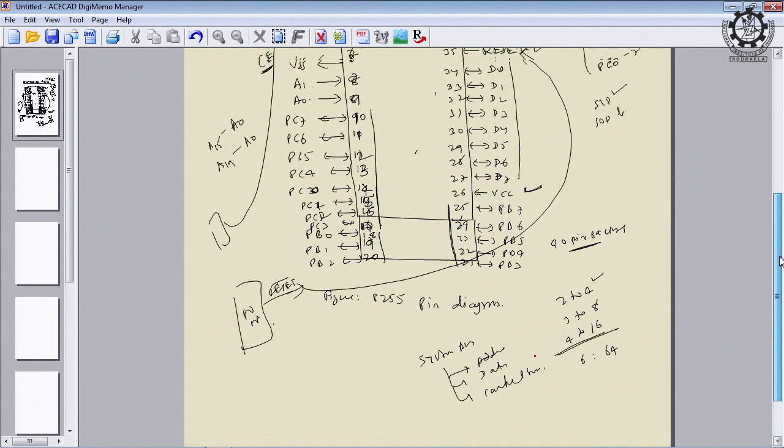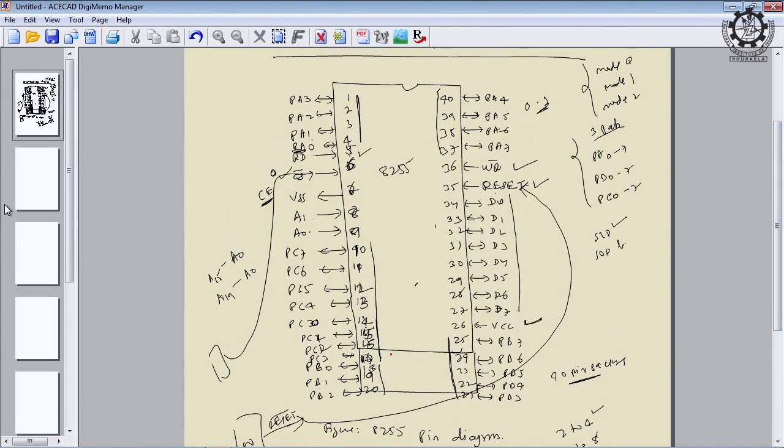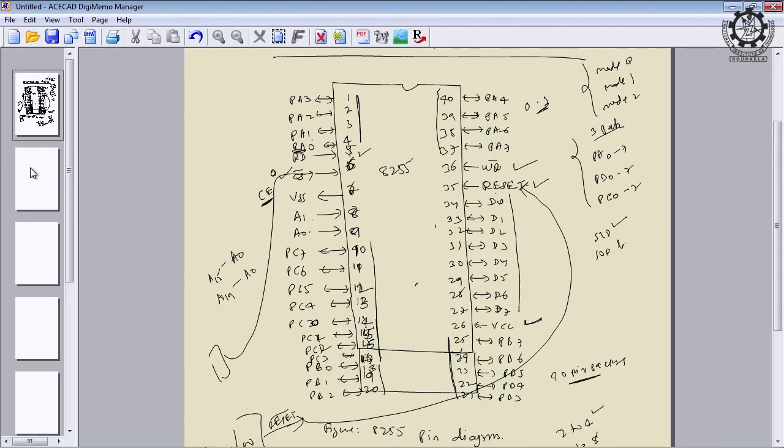The biggest problem is that it is very difficult to remember each of these signals pin-wise. Even if you try to remember this, after a few days you will forget it, is it not? So, remembering each of these pins and its function is difficult. Therefore, we should go for another figure where all the signals and the IC will be presented, but without exactly remembering the pins. So, for that we will take the help of another diagram.